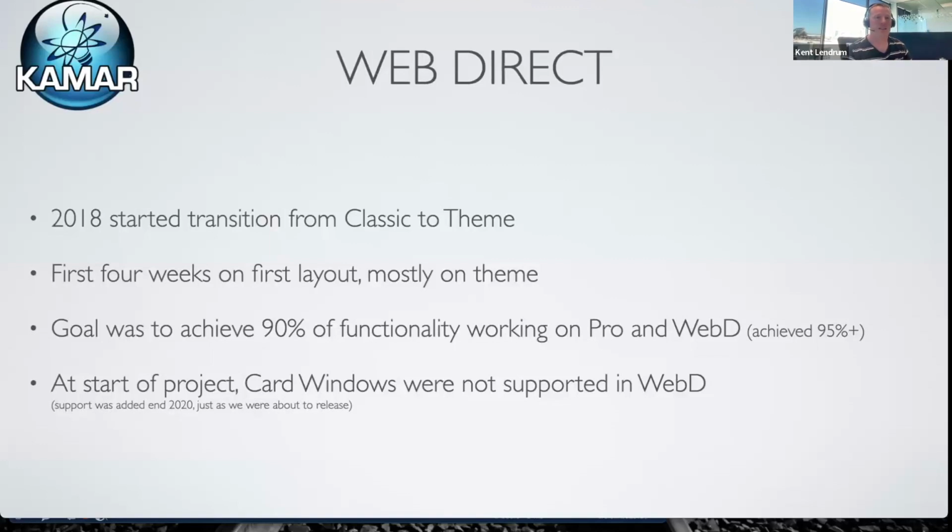Okay, the goal of today is to talk about WebDirect, how we use WebDirect. We started our transition from Classic in 2018. It took us 2 years. I remember the first 4 weeks, we didn't even get past the first layout. The problem when you've got 4 developers all interested is you have debates and arguments about how things are going to look and feel,